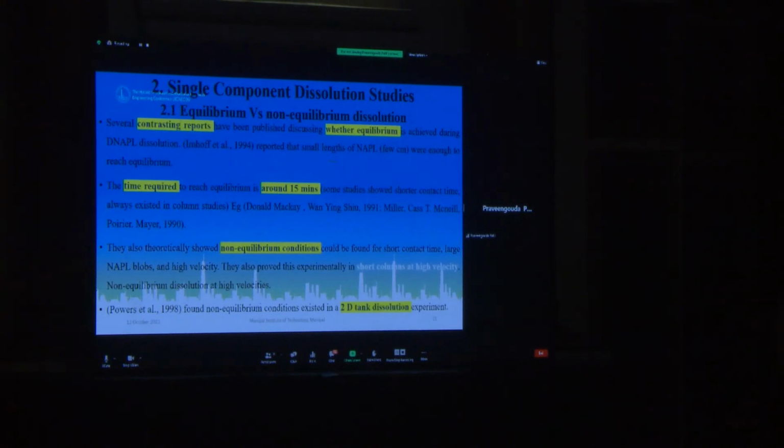There are also theoretical studies which show that non-equilibrium conditions could be found for short contact time, large NAPL blocks, and high velocity conditions. They also proved this experimentally in short columns at high velocity. Powers et al. in 1988 found non-equilibrium conditions existed in 2D tank dissolution experiments. It was also found that